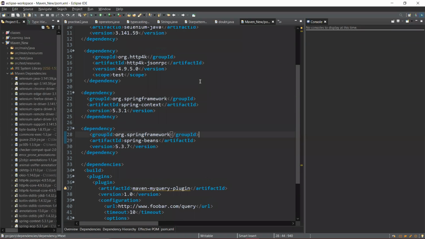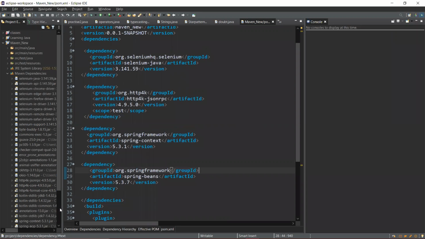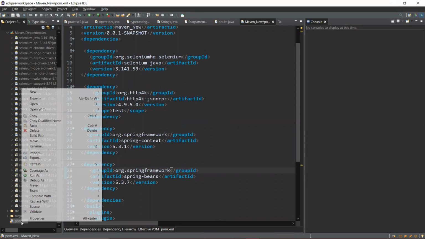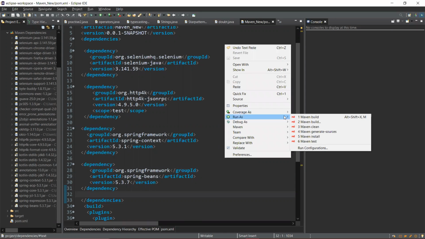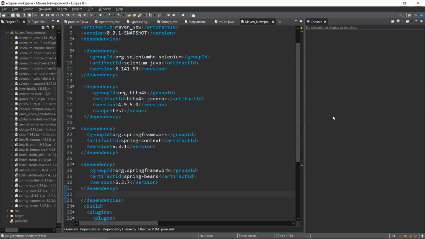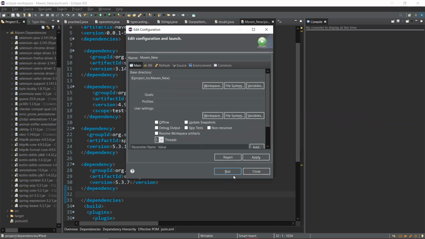Right click on that pom.xml, inside the file. Right click, Run as, Maven build. First one or second one, sir? First one. Can you write build? Run.